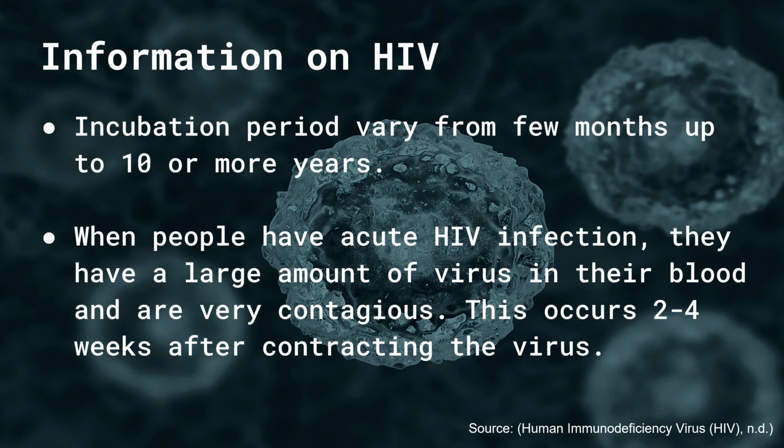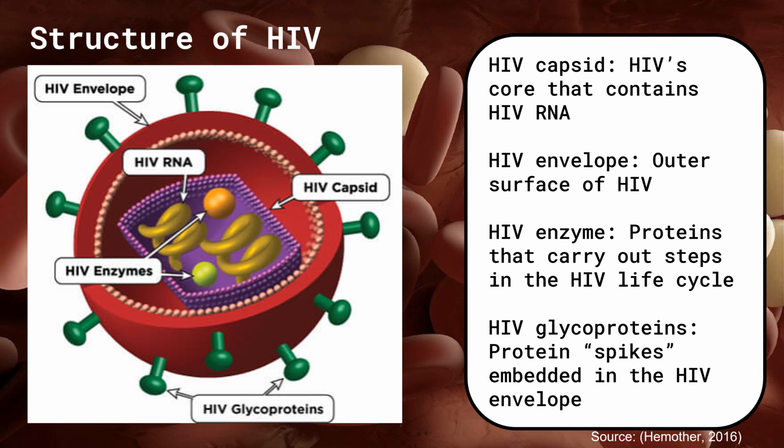Further information on HIV includes an incubation period that varies from a few months up to 10 or more years. After 2 to 4 weeks of contracting the virus, there is a large amount of virus in their blood, which makes them very contagious. So for the structure of HIV, there is a capsule-like structure called the HIV capsid that's